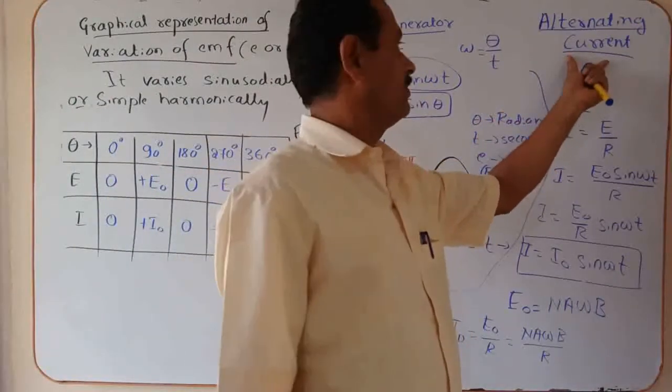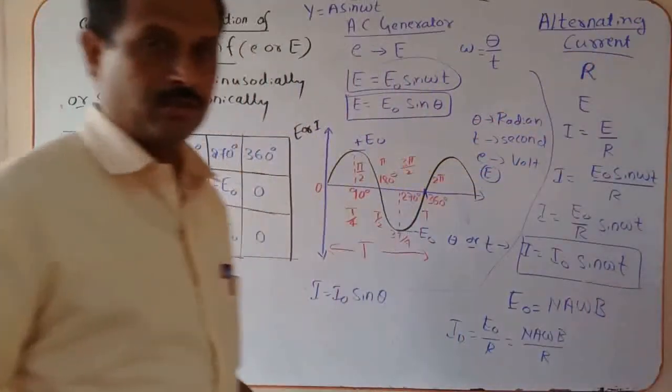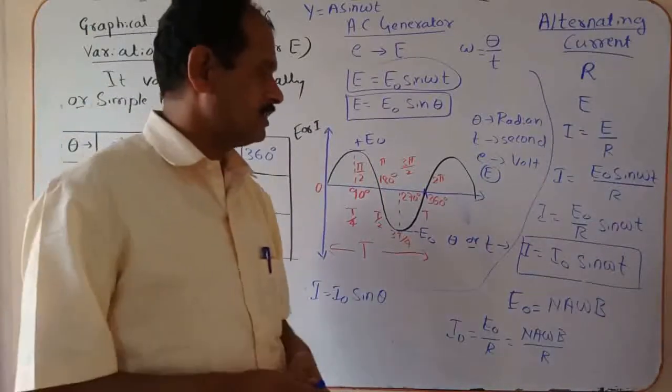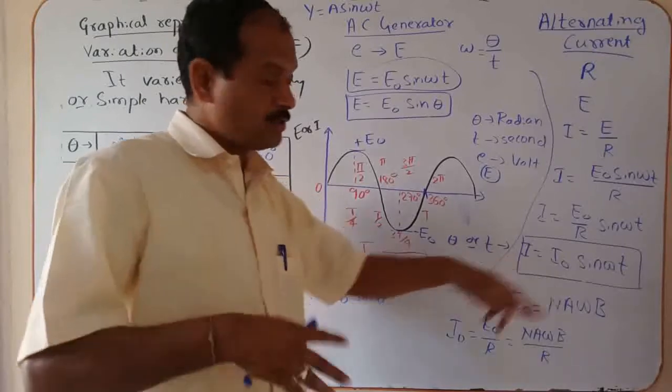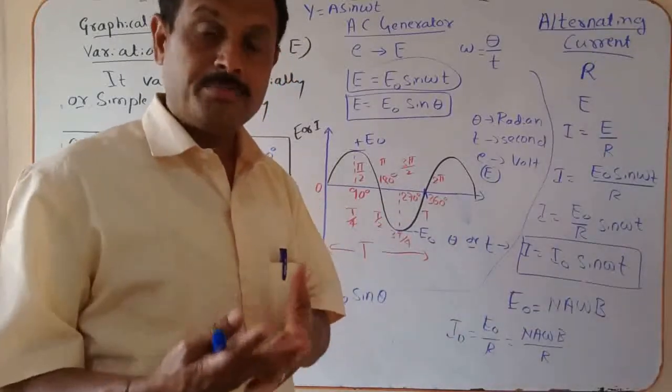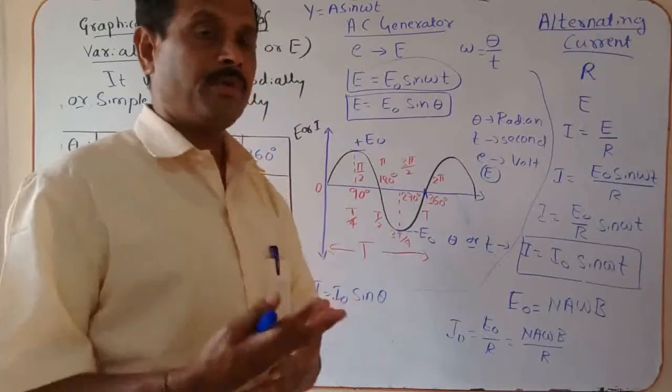Alternating current, what is it? The current which varies sinusoidally, periodically, and also its direction periodically, such type of current is